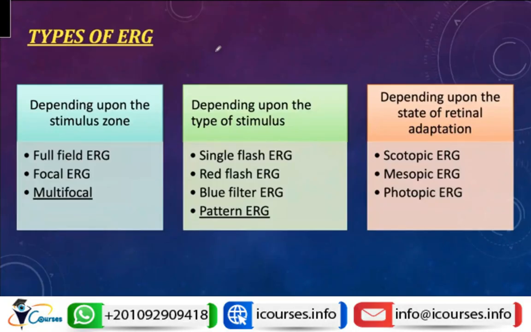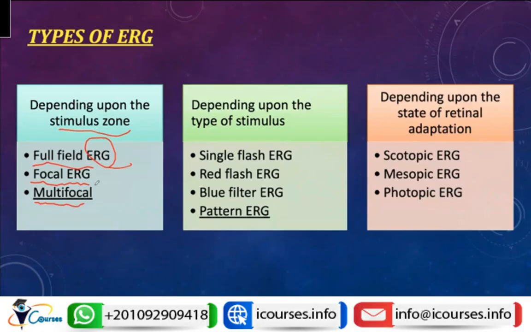So after discussing this example, I guess that you now understand the value and the importance of interpretation of the ERG. So what are the different types of ERG? We have different types according to the stimulus zone. So we can stimulate the whole retina. This is called the full field ERG, or we can stimulate only the macula. That is called the focal ERG, or we can stimulate the ganglion cell layer, and this is called the multifocal